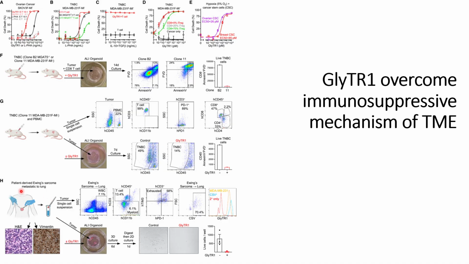Next, they check the patient samples. That is, they take the tumor samples from the patients and use the single cell suspensions. Panel G is the experiment done on the mice. Next, they did similar studies on the patients' tumors. When they check the single cell suspensions, they see around 7.1% white blood cells in the tumors. Among that, 13.4% are T cells, and in that the exhausted cells are around 58%, and within that 70.4% are in the